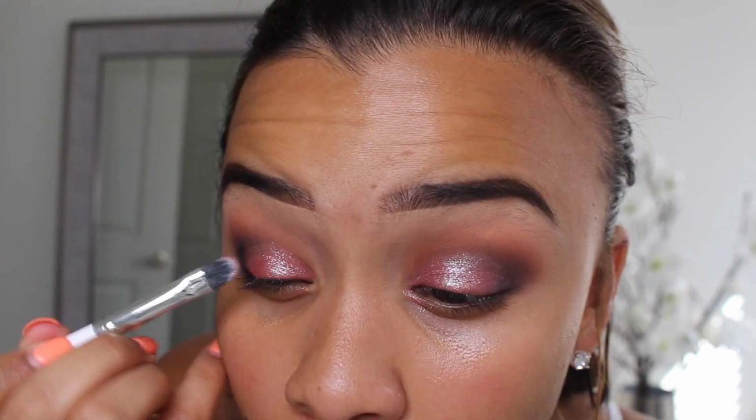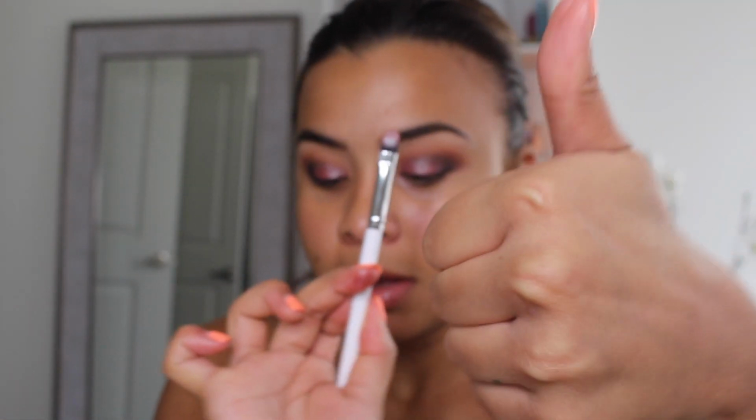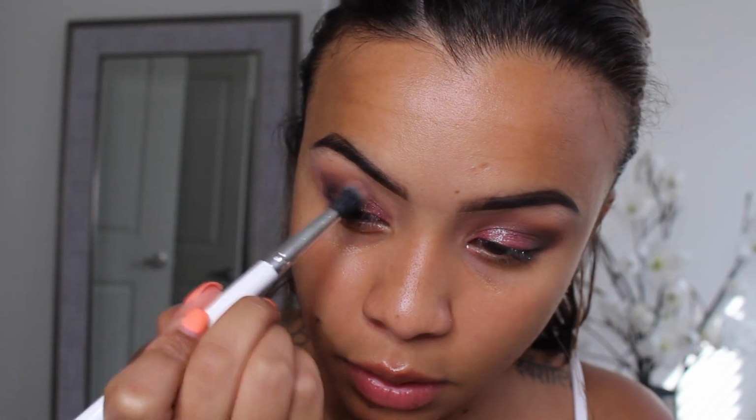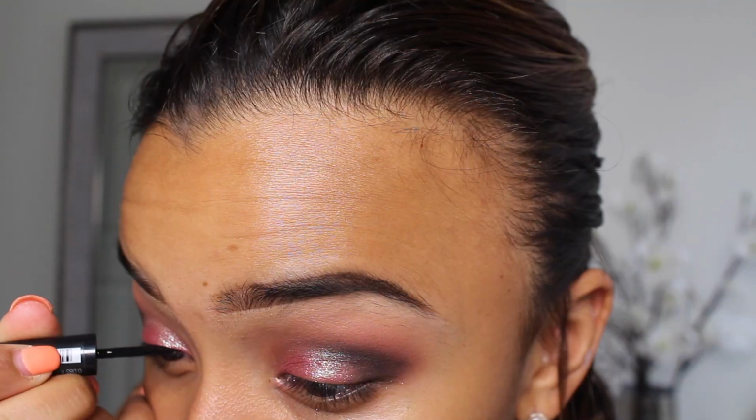And it worked so well. It picked up a lot of pigment. It put the pigment down. I really liked it a lot. Now I'm taking the shade Dreamboat, also from Colourpop, and I'm using that just to throw some pink into the